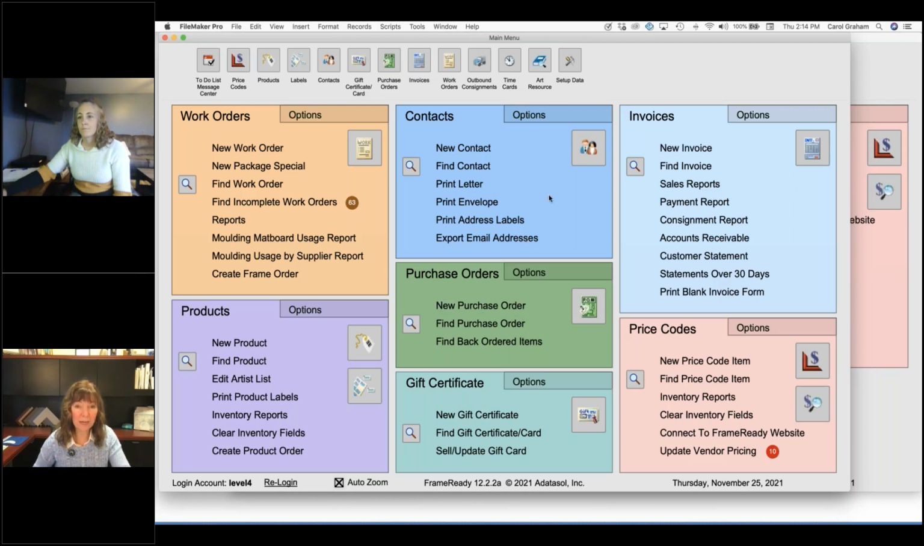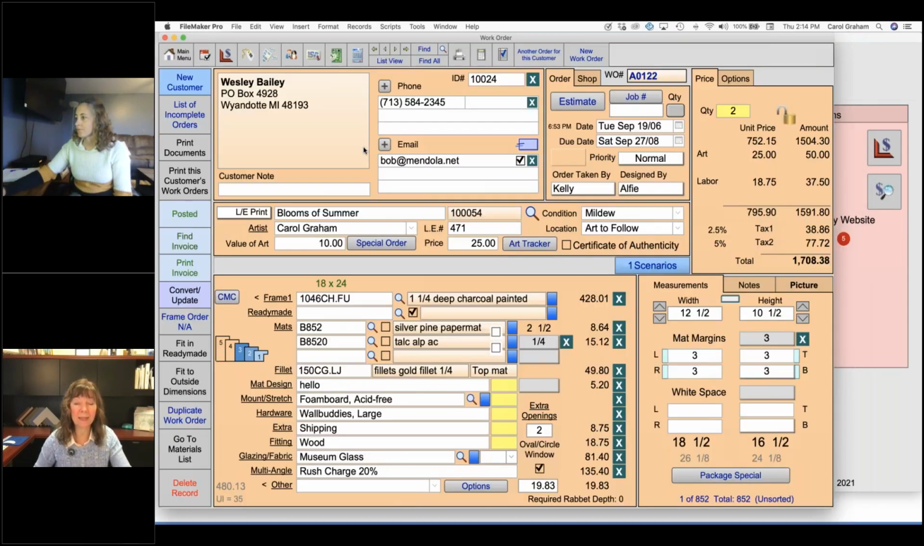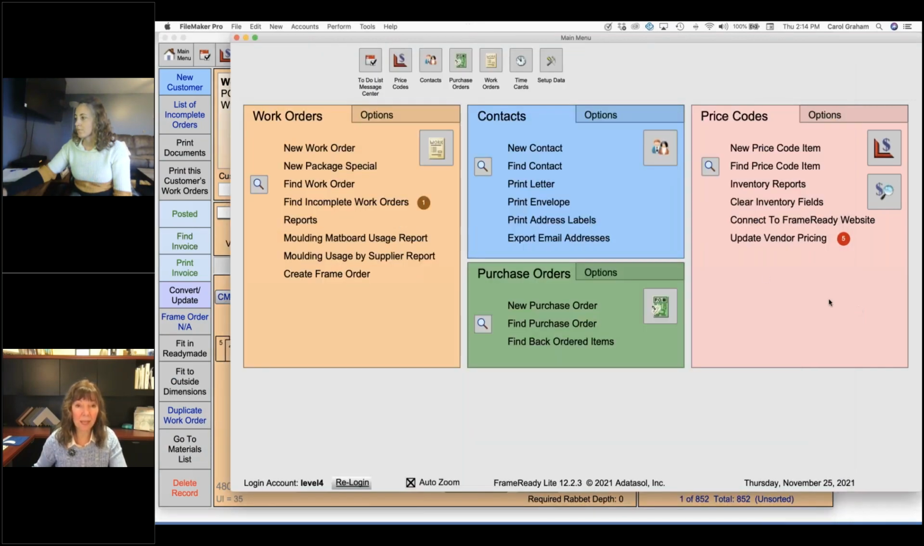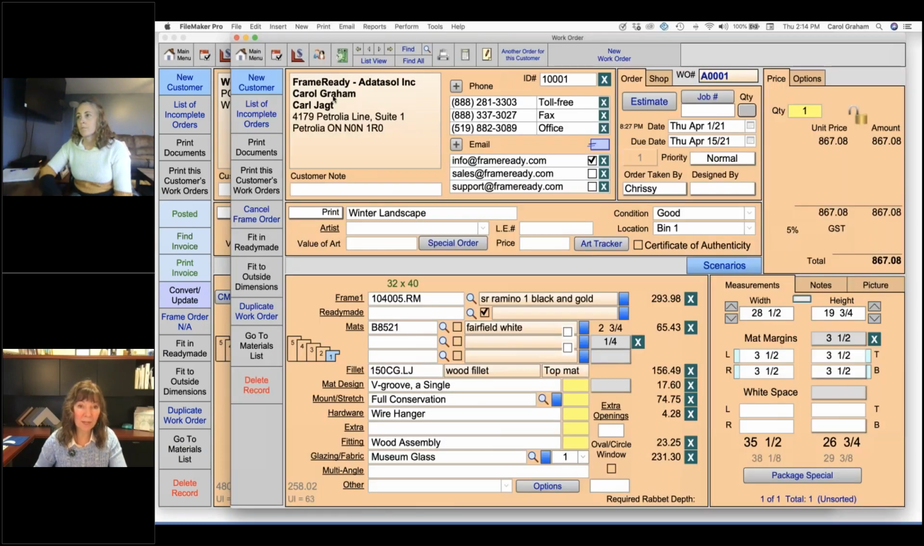So I'm going to go and take a look at the work order screen, because this is the screen that you're going to use the most. And if I look at the work orders in the standard version of FrameReady, you can see there's a long list of buttons on the left-hand side of the screen. Now, if I go back into the Lite version of FrameReady and do the exact same thing, when we look at this, you're going to notice that there's some differences here, that you don't have all the same buttons that you have on the standard program,